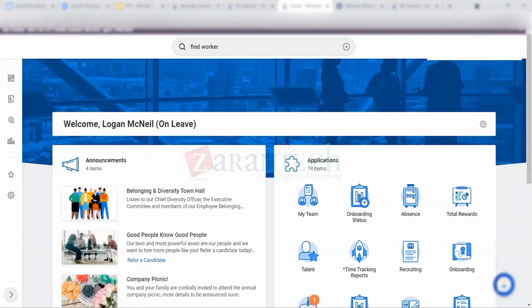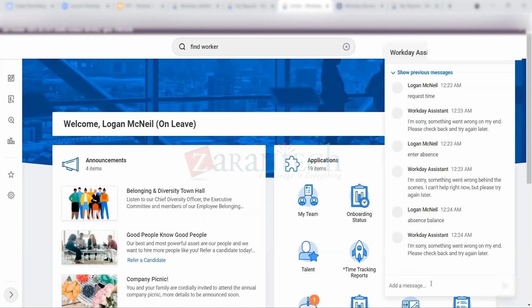Okay, another feature which is not very old. I think it was launched last year. That is Workday Assistant. You can see a W here. It's a chatbot, so here you raise questions. Right now it's not a completely working solution. Workday is still working on it. But yes,